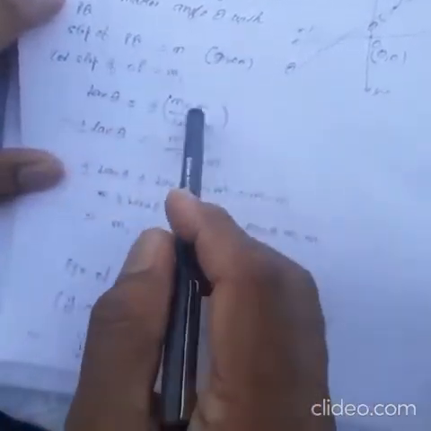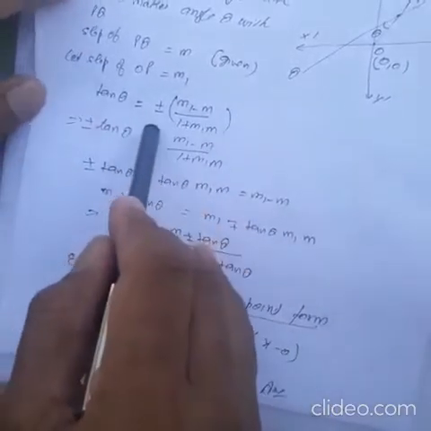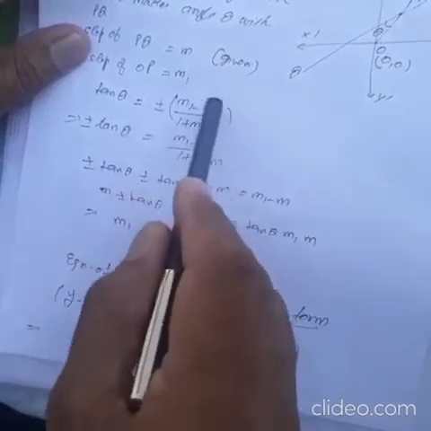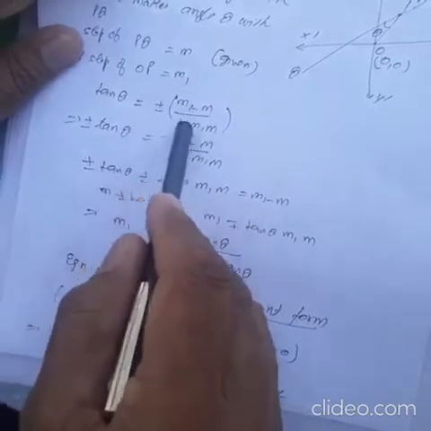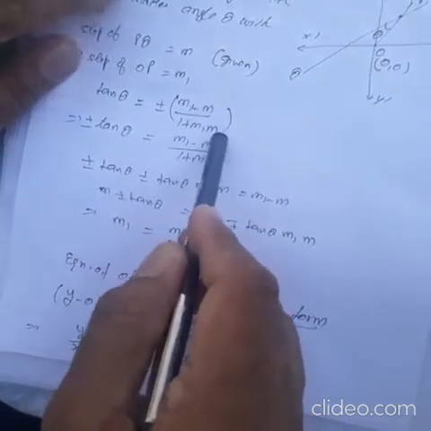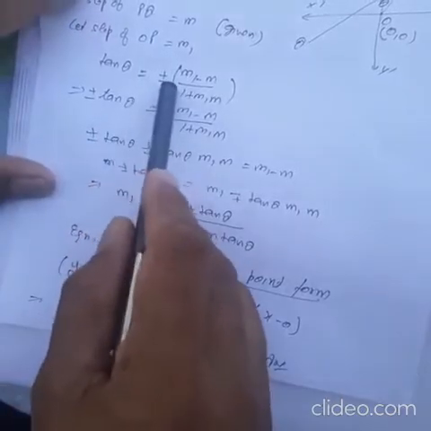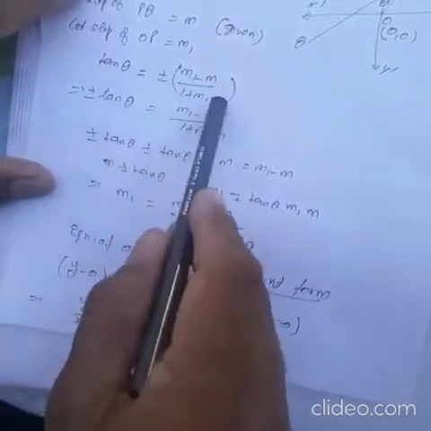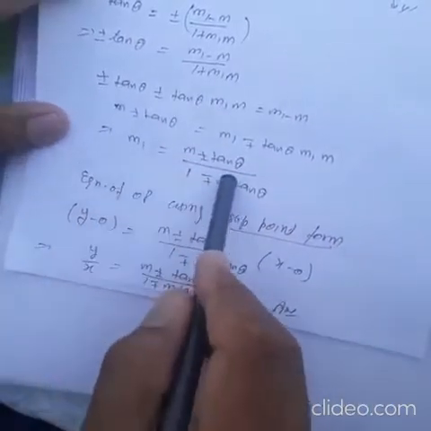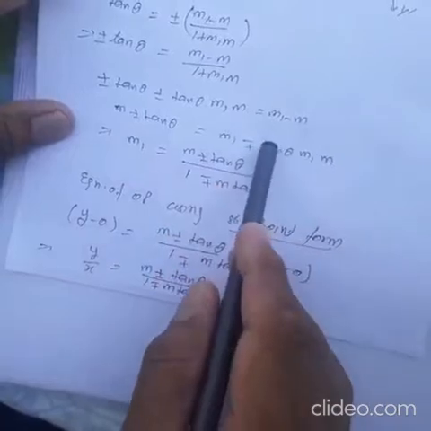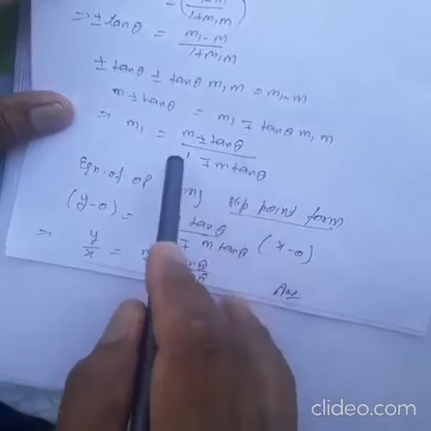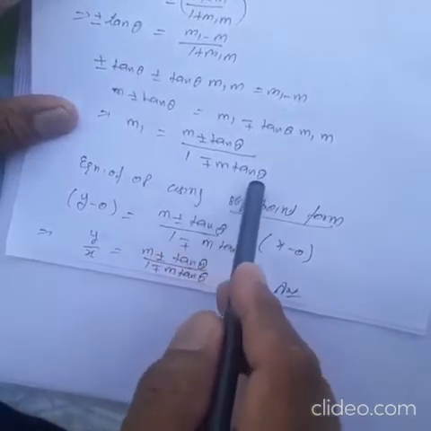Now use the formula for the angle between the lines, and that is tan theta equals plus minus, because when you apply the modulus then there is no need to apply plus minus. I have not written the modulus, so that's why plus minus (m1 minus m) upon (1 plus m1 into m). Now you solve, you can apply plus minus on either side. So find the value of m1 from there. Solve this equation after cross multiplication. Find the value of m1. It will be (m ± tan theta) upon (1 ∓ m tan theta).